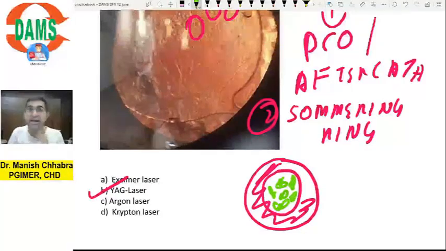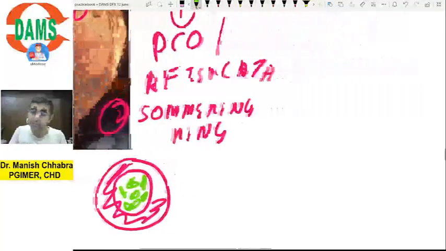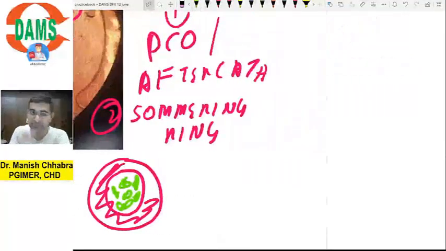As a result, the patient comes to you and says he or she feels as if there is some fog in front of the eyes, like when you are sitting in a car on a cold day, so there is fogging of the windscreen, similar to that. And the moment you rupture the posterior capsule, the vision improves instantaneously, right?